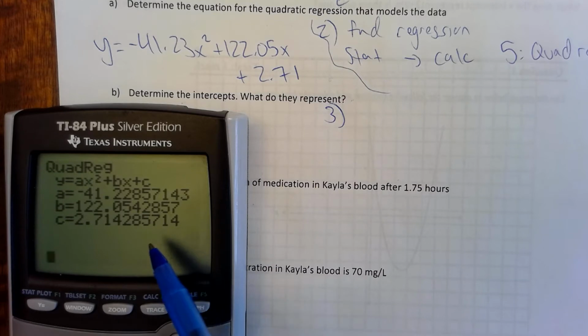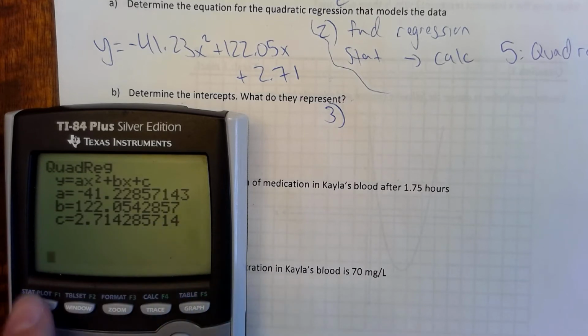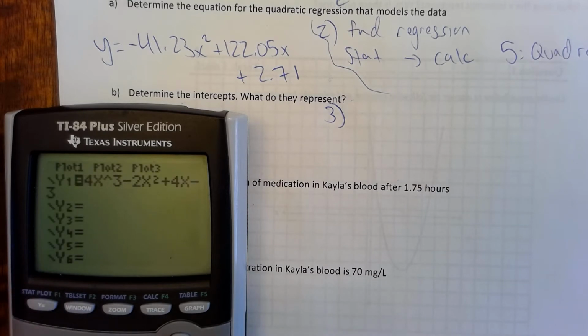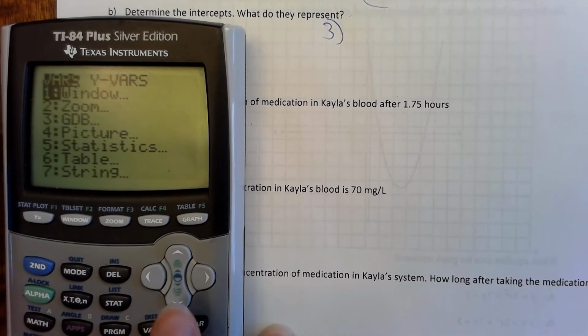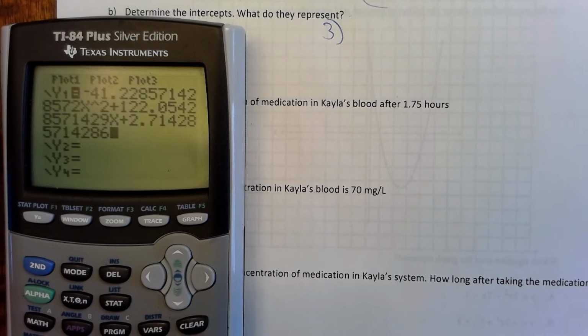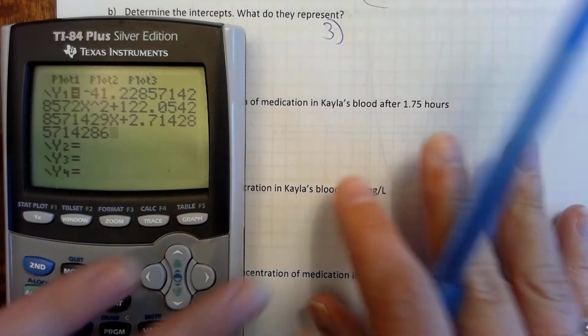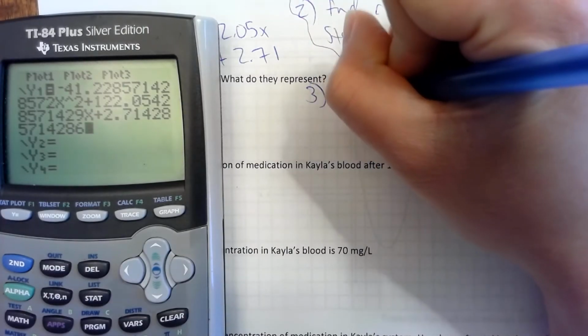So what we're going to do is leave this on our screen, not hit clear. We're going to go to y equals, which is where we put our equations, and clear anything that we have in there already. And this is where we're going to copy and paste. So copy and pasting looks like this. We go vars, 5 for statistics, over to EQ, hit 1 or hit enter, and it copies and pastes it perfectly with all the decimal points in for me. So third step is I want to copy and paste